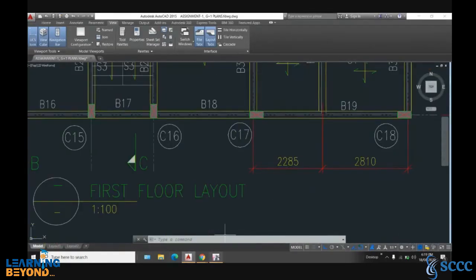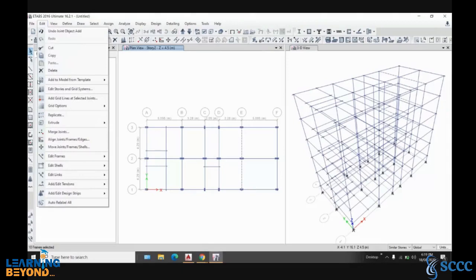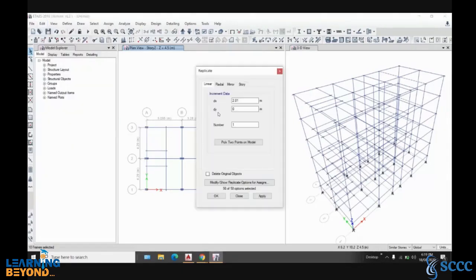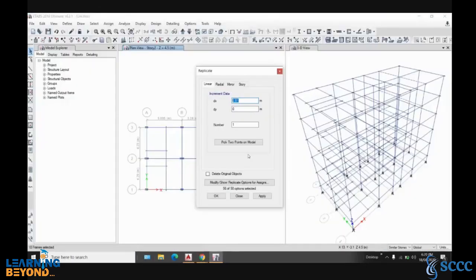So offset them: edit, replicate in x direction, 2285. Let me check it again, 2285. So it will be 2.285, that is in meters. That's why I'm saying 2.285.